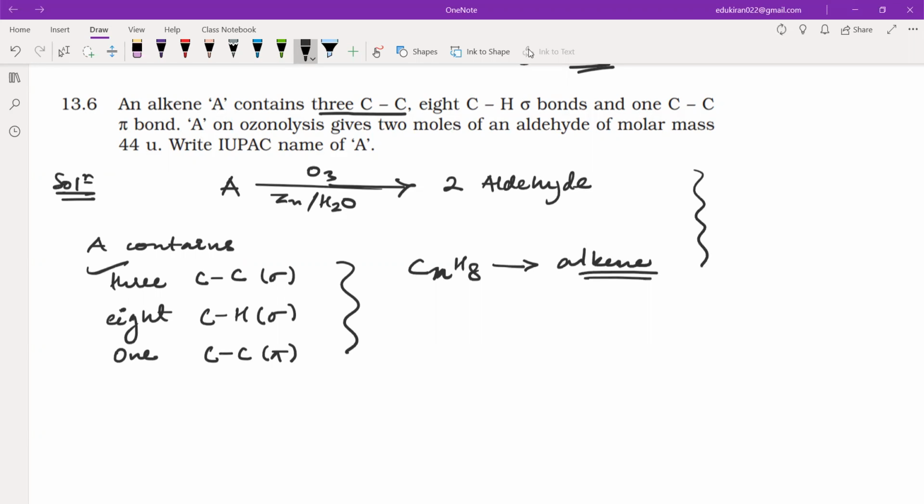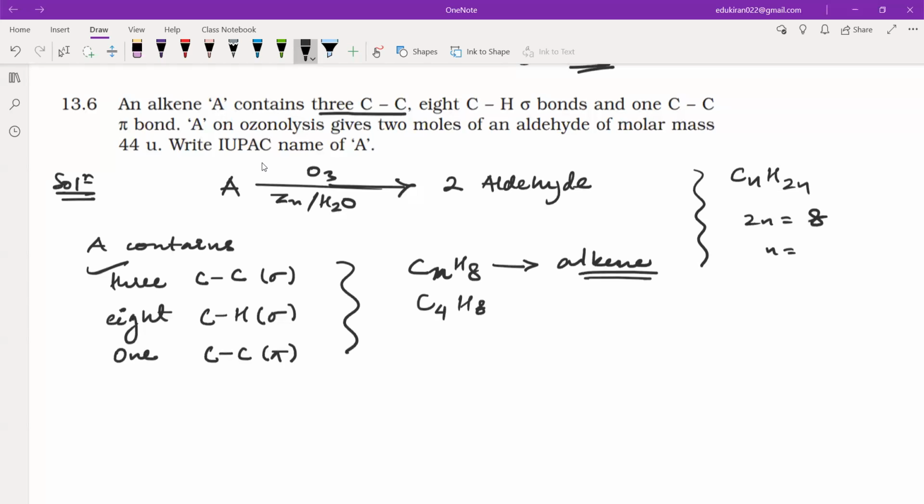Yes, Samaira, what is the general formula for alkenes? CnH2n. 2n, na? So what will be n? According to this, 2n is equal to how much? 8, na? Here 2n means how many hydrogens are there? That is 8. So n will be equal to how much? 4. Did it come or not? It came. Okay. So